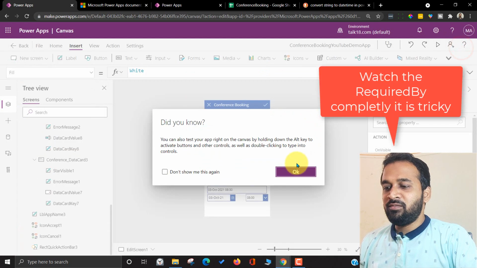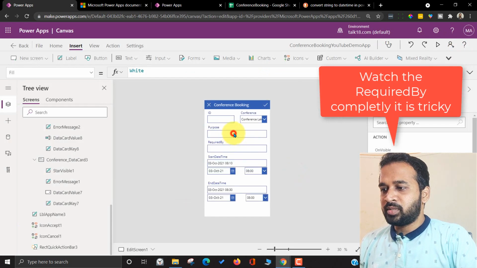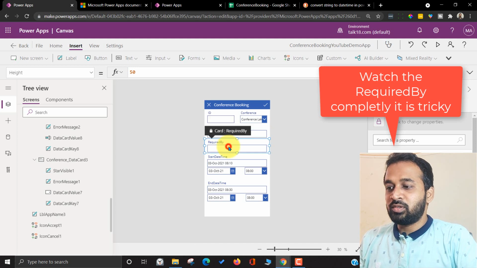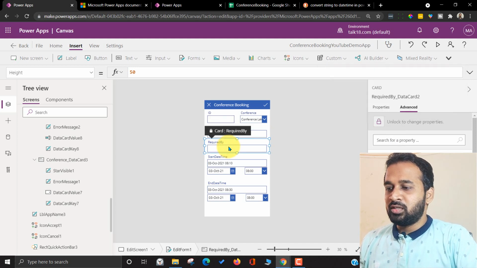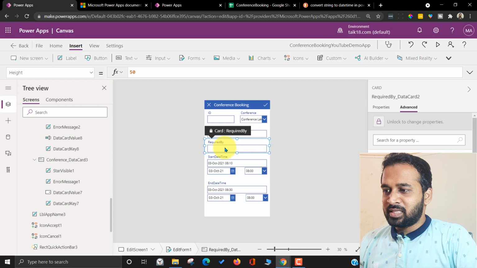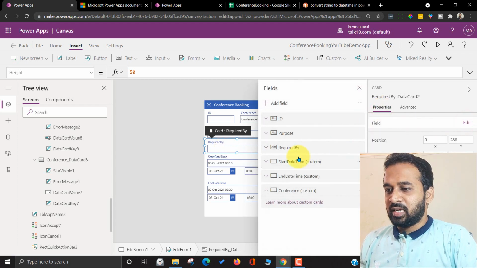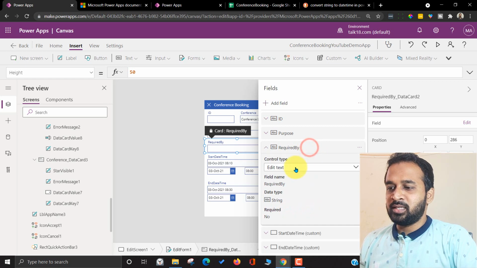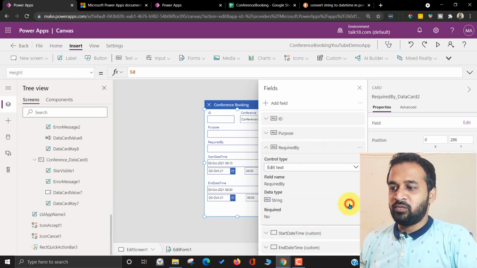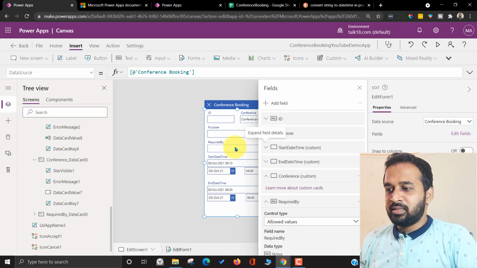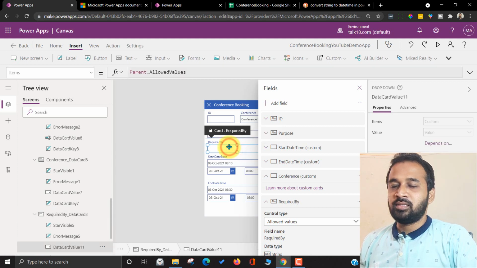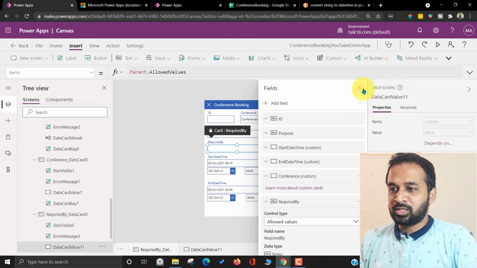Close now. The same way we need to do it for purpose. Purpose is a text, and the required by is actually the member. We need to do the same thing. So selecting this one, go to properties, click on edit fields, and expand this required by, change the control type to allowed values, and then select this drop down. Let's close this.